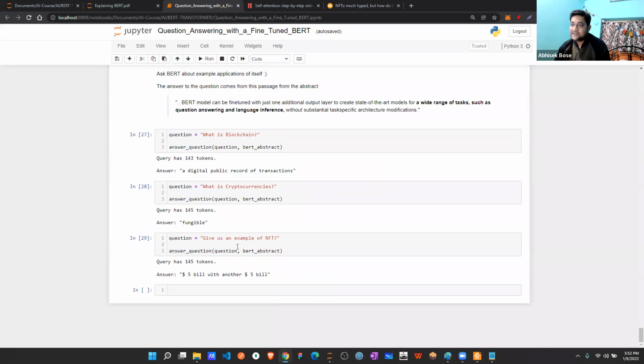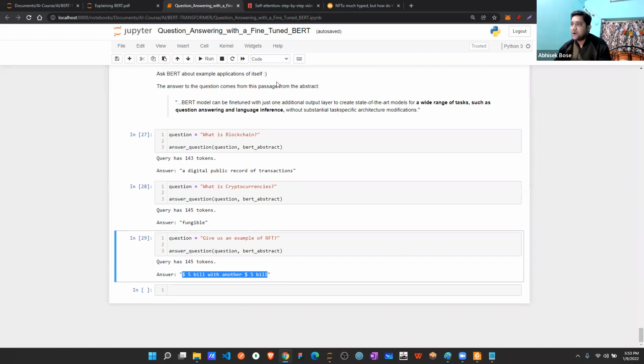But this output has not mentioned that 'a'. That 'a' is not there because remember in our NLP class, we discussed stop words that we have to remove, correct? So those were already removed, the 'a' and these things. So whatever is left, that particular thing it is returning. Cool.